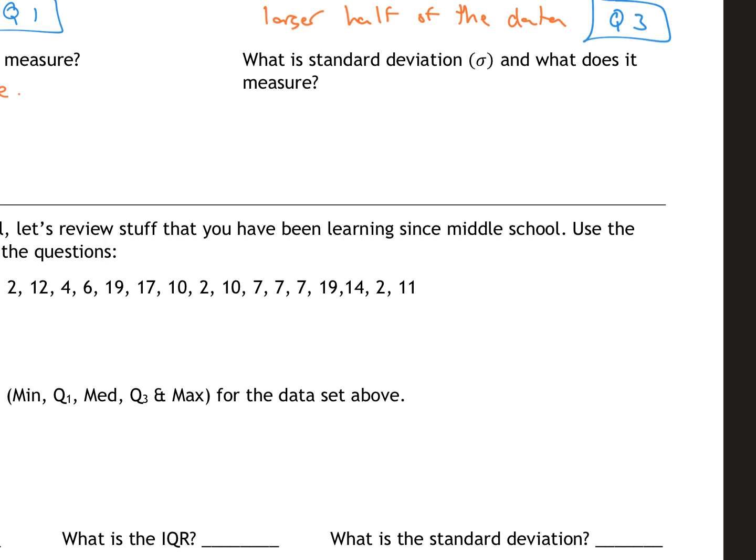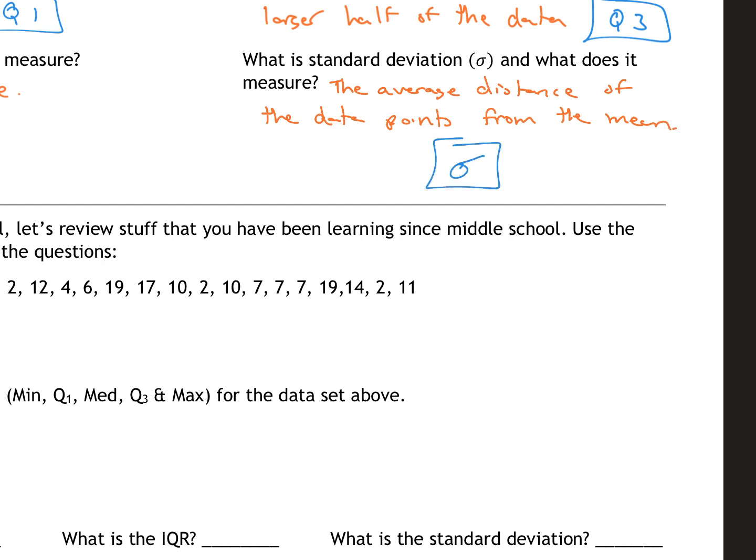Standard deviation is the average distance of the data points from the mean. And that symbol is like an O with a little hat on it, right above it. It's prettier up here, but